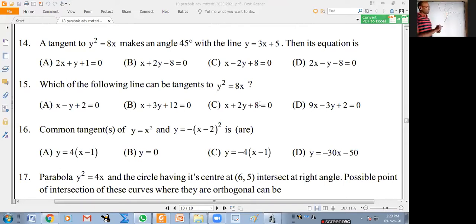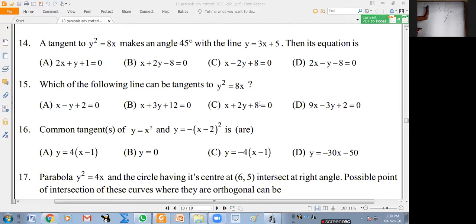Once you know this point is 1 comma 0, you don't even need the other parabola. For this parabola, from an external point, there are two tangents. What are they? We can find them. That is one method. Otherwise, for a common tangent to any two curves, we have the standard policy: take the general tangent to the first curve, the general tangent to the second curve, and then find the m value. Anyway, we can do it. So in method 1, I understood from symmetry that any common tangent to these two should pass through 1 comma 0.